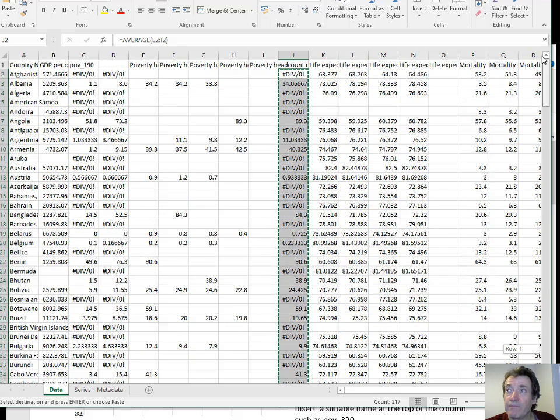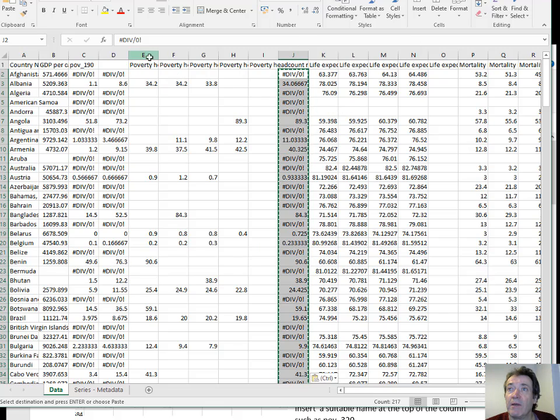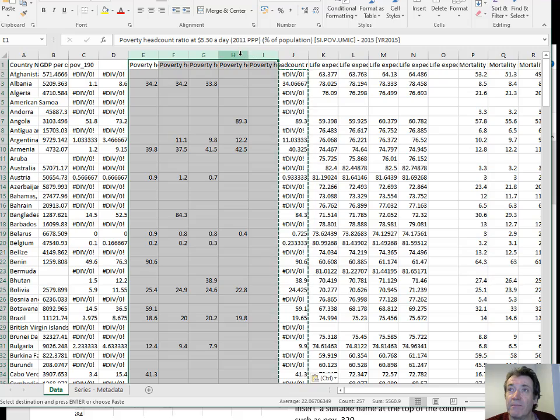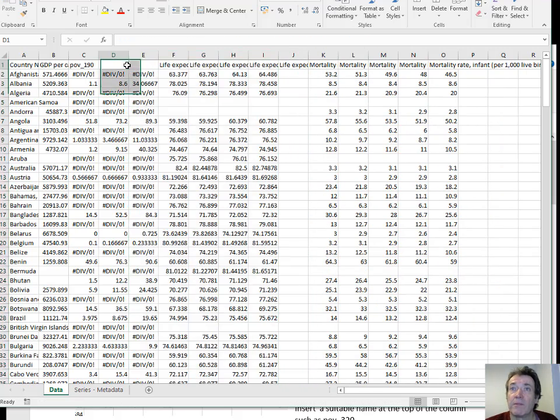That's based on this, so with the values, I can delete all those. So this should have been POV320, this should have been POV450. Great, so I've got the three